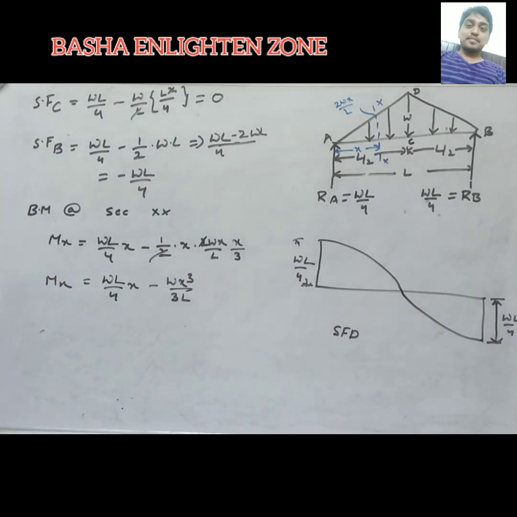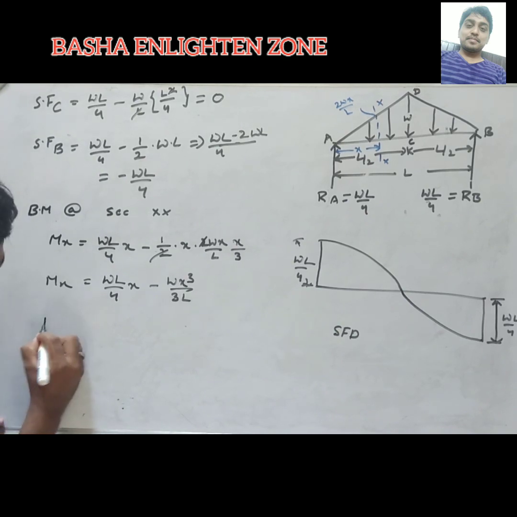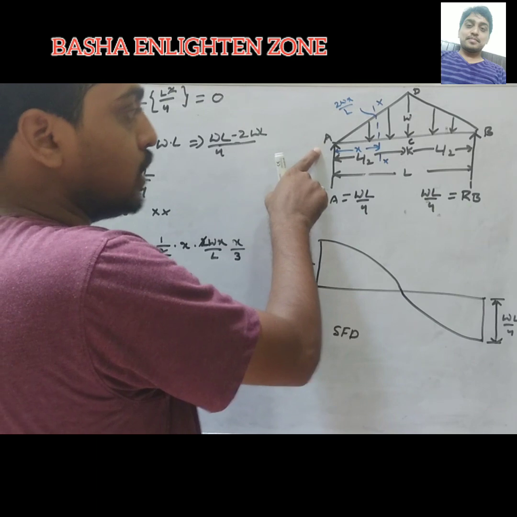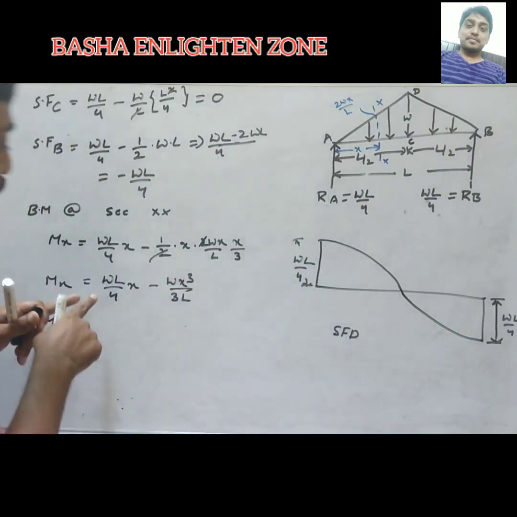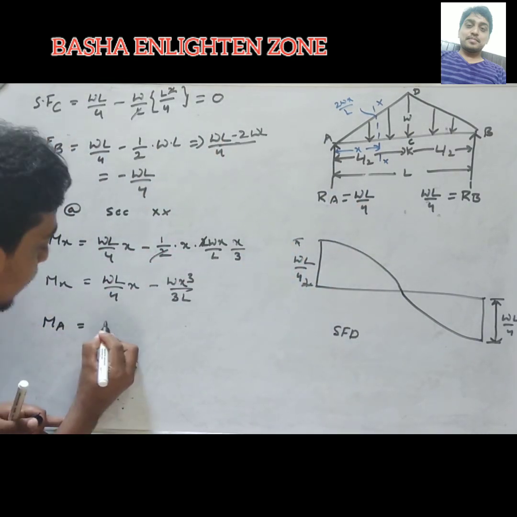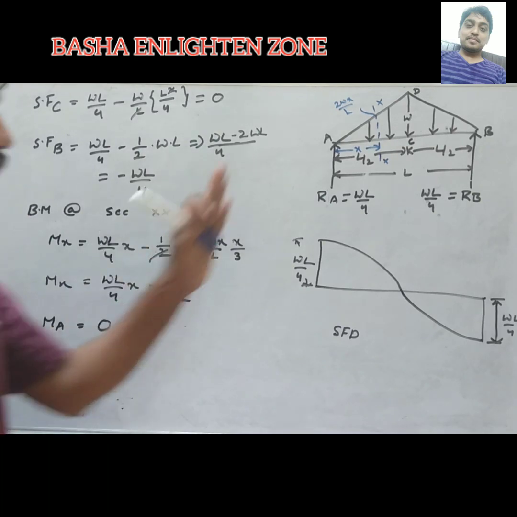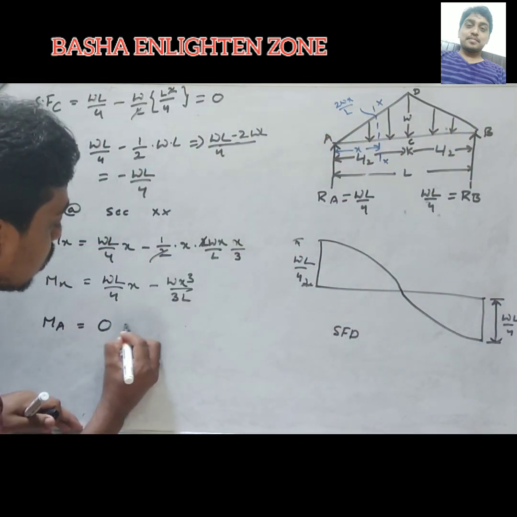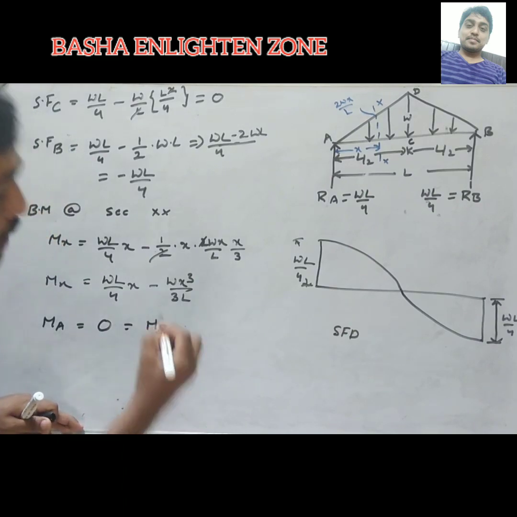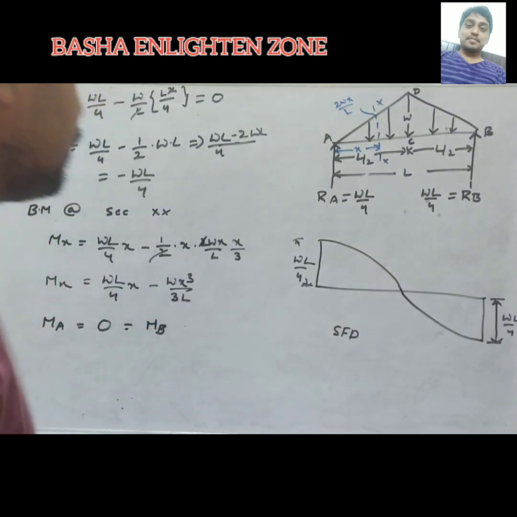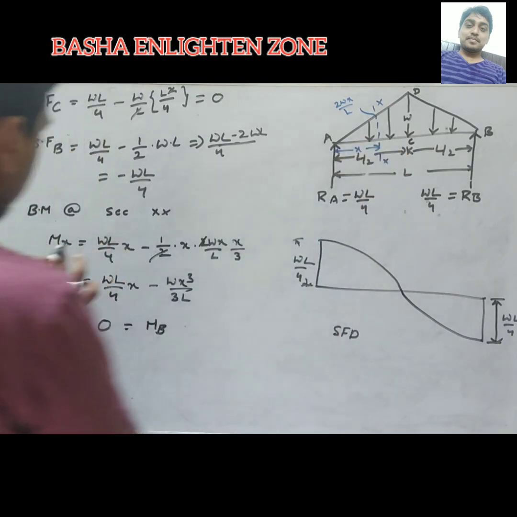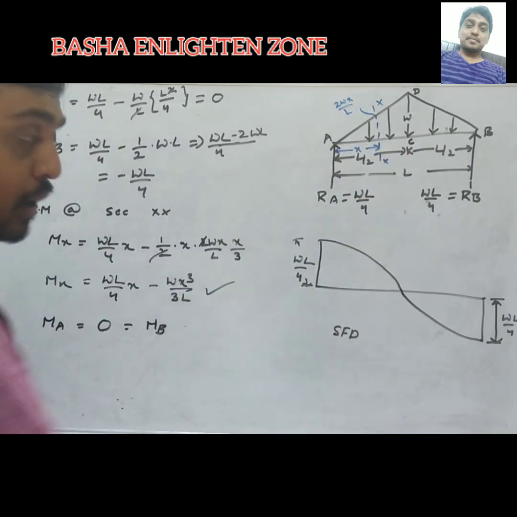So if I want bending moment at A, wherever X, I am coming from starting. So take X value equal to 0. If you substitute X value equal to 0, you will get entire terms 0. Or else at A and B on a simply supported beam, moment will be equal to 0. Therefore moment at A and B will be equal to 0 here. Then moment at X section will be this value.